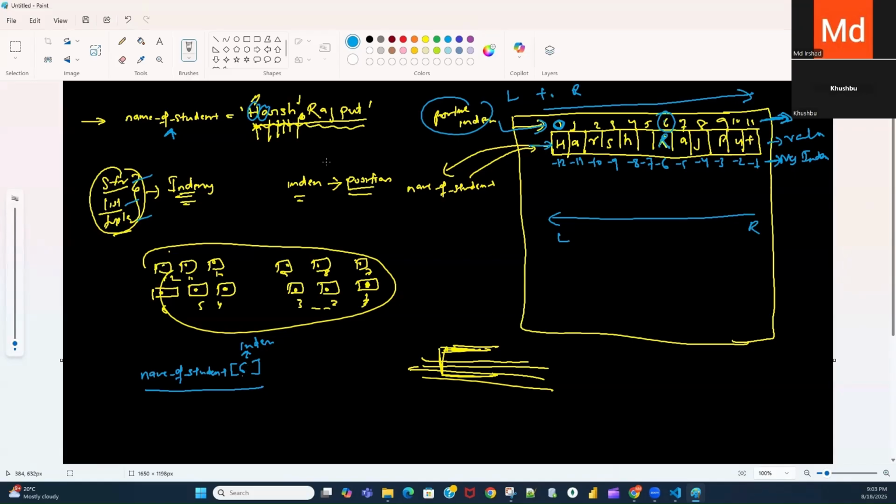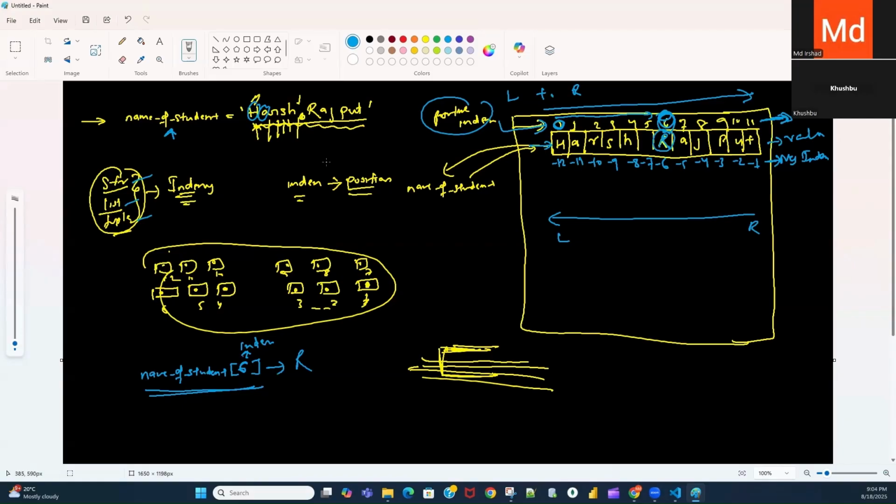You are saying to the string that at the sixth index, at this position, whatever character you have stored, give me that character. So when you execute this code, Python will go and search for the sixth position. Once it finds that here is the sixth position, now inside this position, which character is there? This R character. So it will give you R.